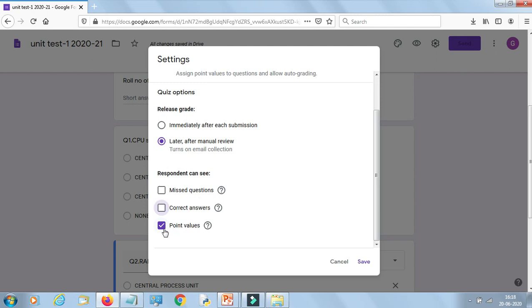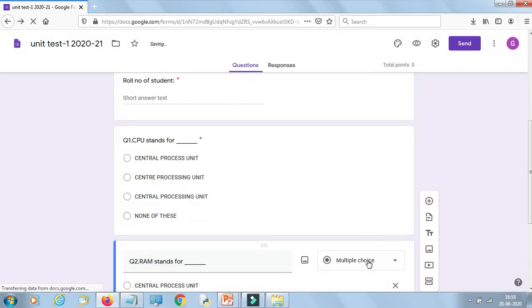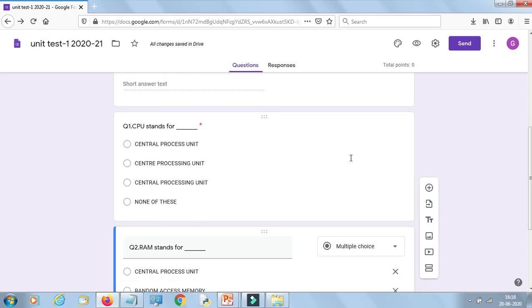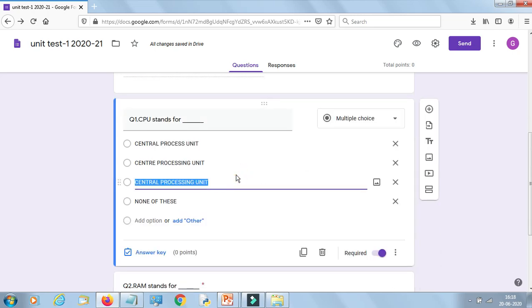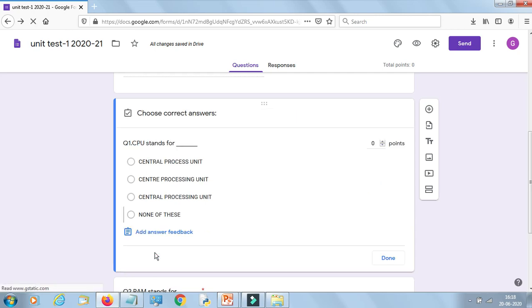So this can be checked or unchecked. अगर इसे चेक करेंगे तो point values can be seen on the paper, 1 mark like that. If you can give instruction at the beginning, each question carries 1 mark, then इसे आप off कर सकते हैं, otherwise make it on. Clear? So now save the changes. So this way now we can set the marks, but we haven't set the marks. How you can set the marks? Click on the question. जैसे click करेंगे, what you can see, answer key can be seen here. Just click here. Now you can increase or decrease the marks by 1 point.